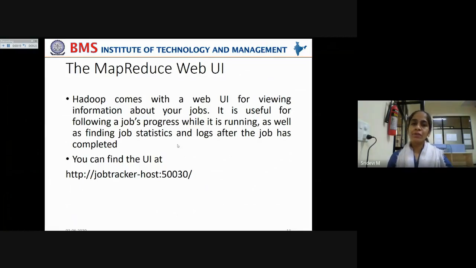It is useful for following a job's progress: how far a particular job has been executed, how many map tasks are running, how many reduce tasks are running, how many are pending, killed or failed. All this information can be easily monitored using this web UI. It is also useful for finding job statistics and logs after the job has completed.